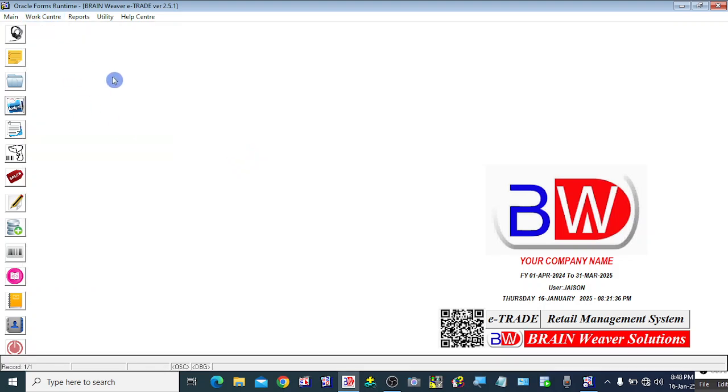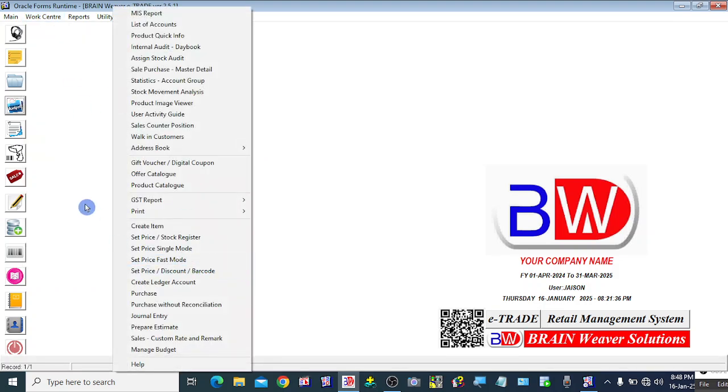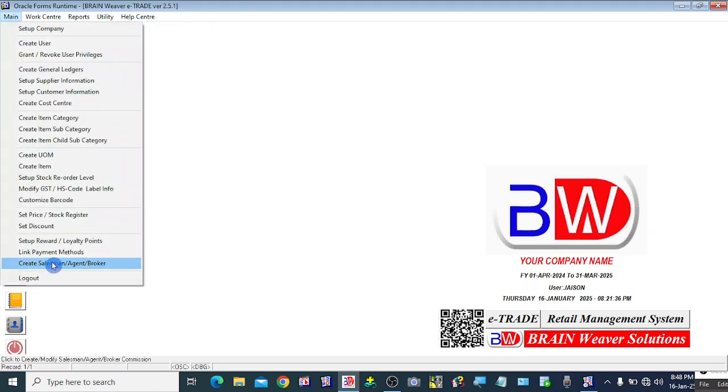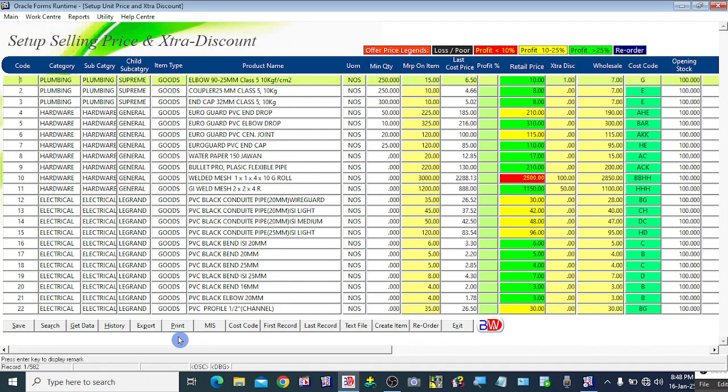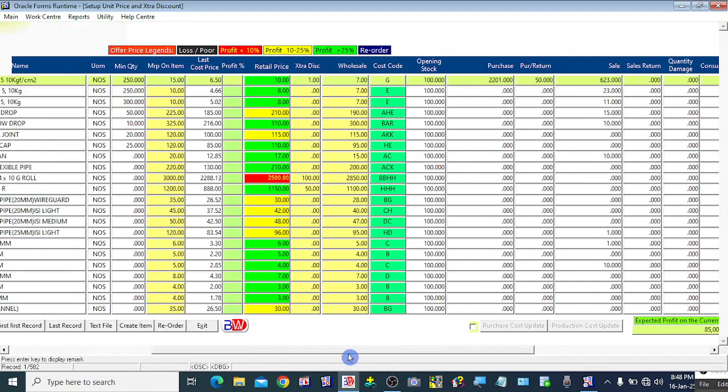So let us go to the stock register first. To go to the stock register, from the main menu, we can choose the set price stock register option. Whatever products you have registered will appear in the stock register. All information relating to each product we can see in this list,